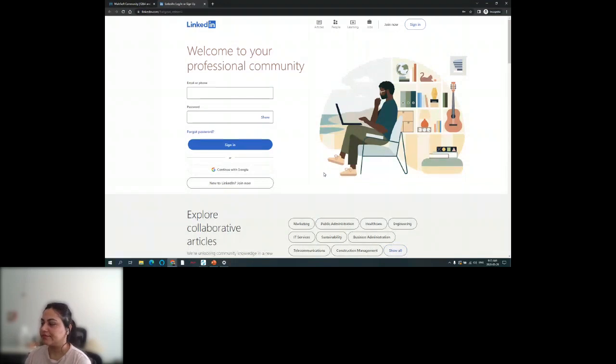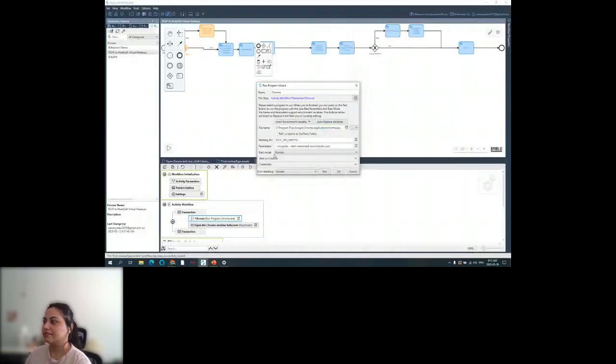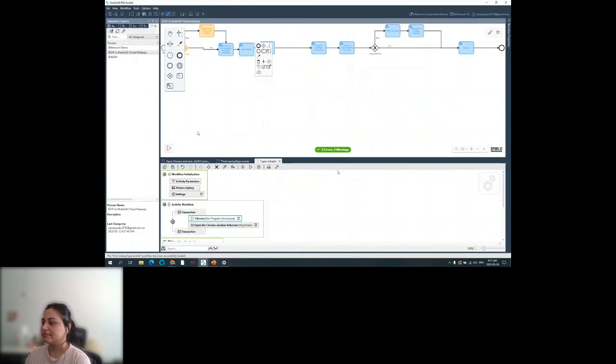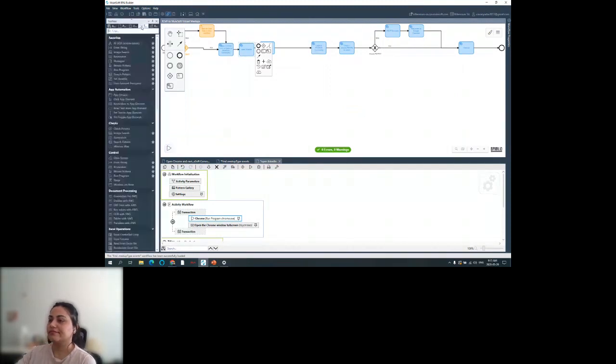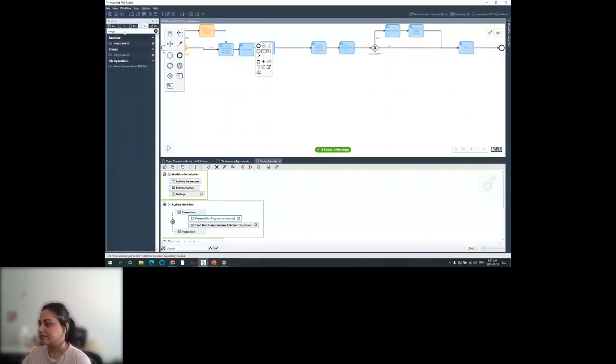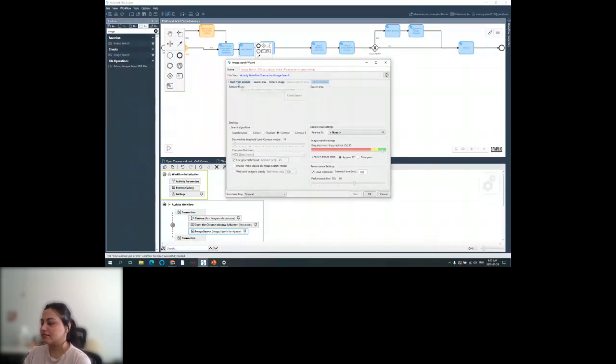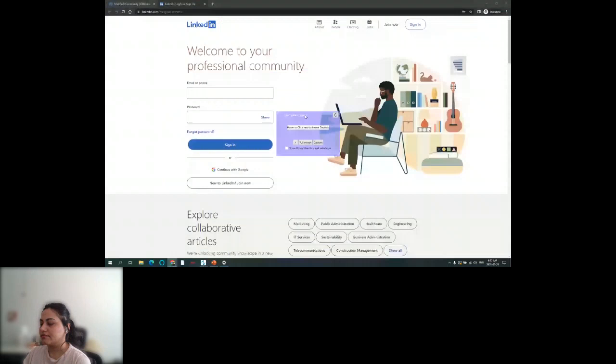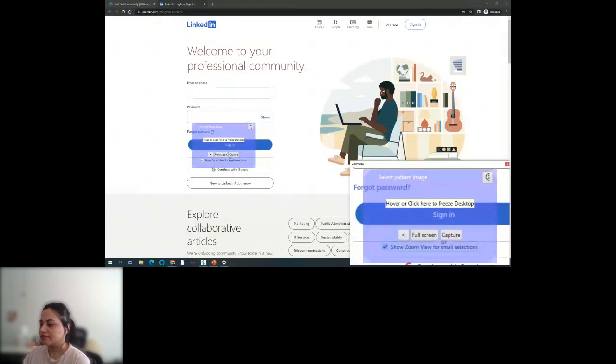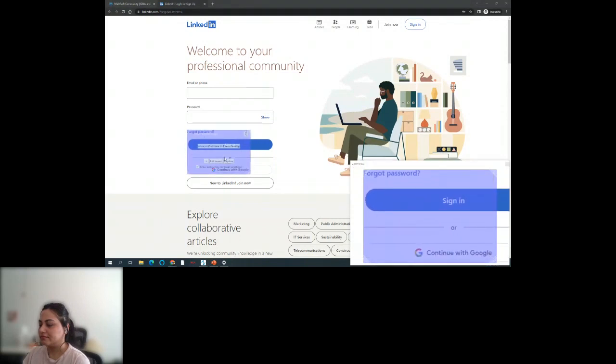Okay. Now, for example, I need to click on, I forgot the password. I need to click on forgot password. How to do that? Let's see. Okay. Now we are done with this particular part. So I'll go with image search. Oh, sorry. Just keenly observe how I am doing this. Next step is to do an image search. I'll choose search from scratch. So I am just zooming in on which text I need. Okay, I need to click on forgot password, so I am using only forgot.